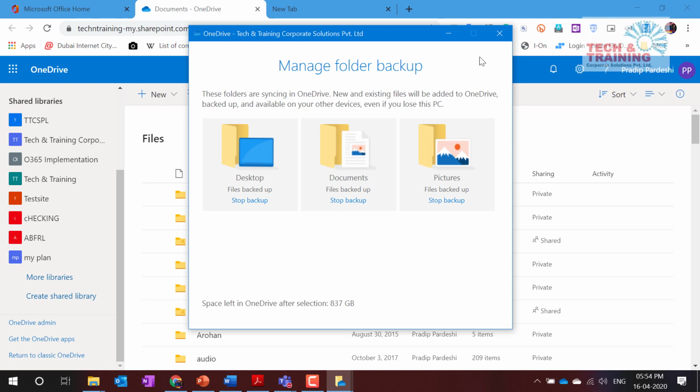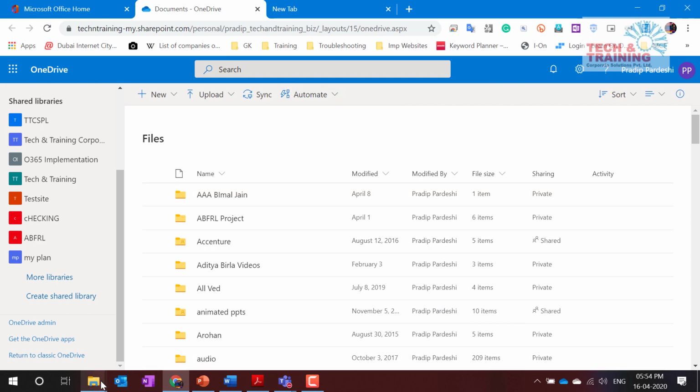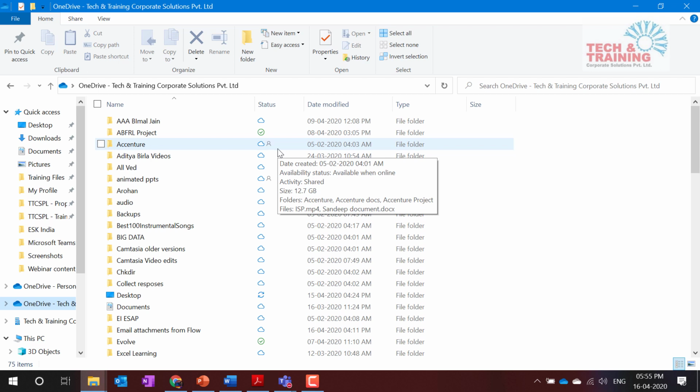Now, coming back to this status column, if you don't see the status column on your Windows machine or Windows Explorer, it clearly means that your OneDrive is not running or it is paused. The third reason why it could not show status column is your Windows is not updated. Let me tell you, this feature was released with the version 1809.